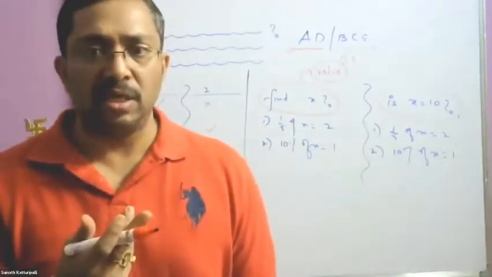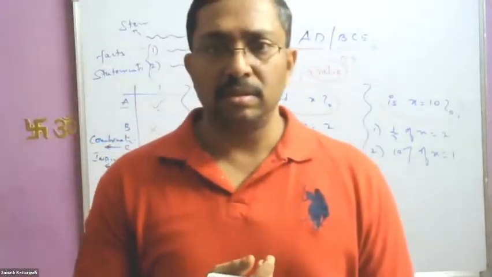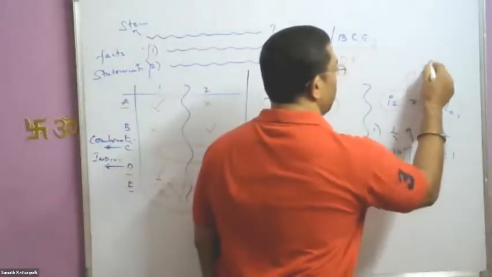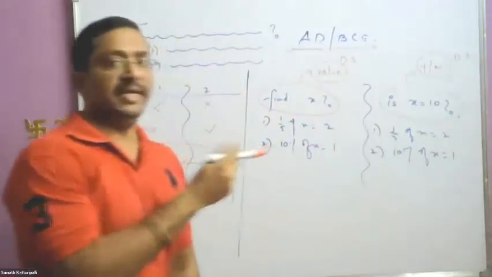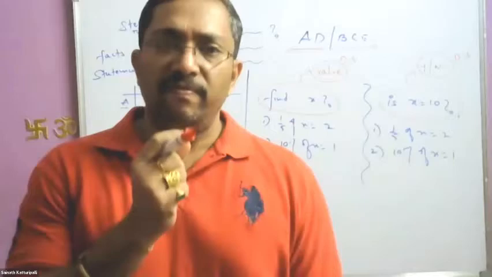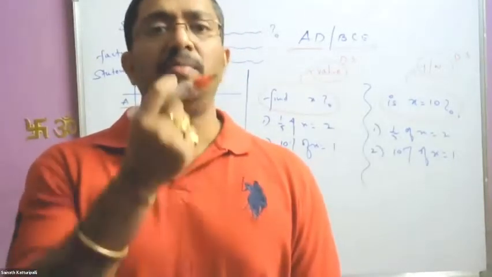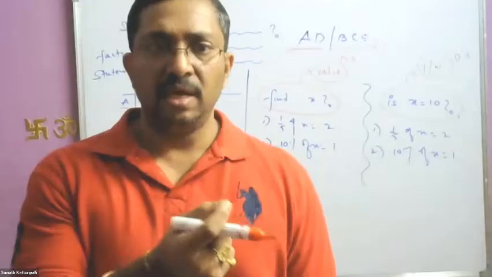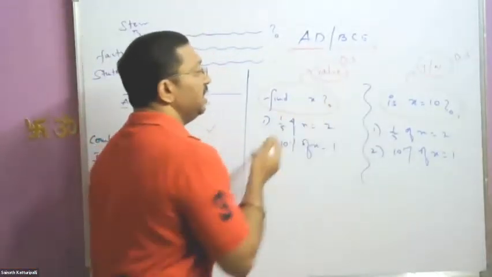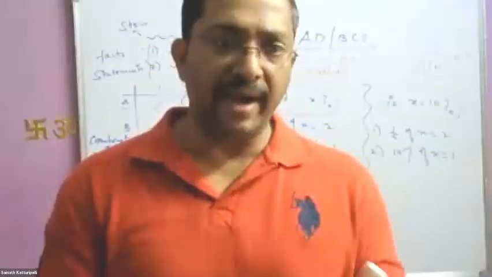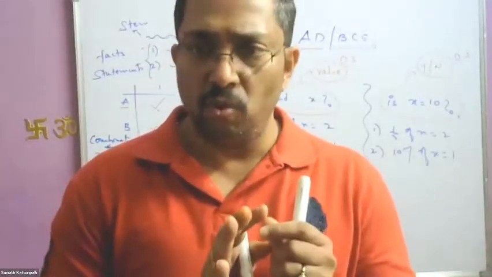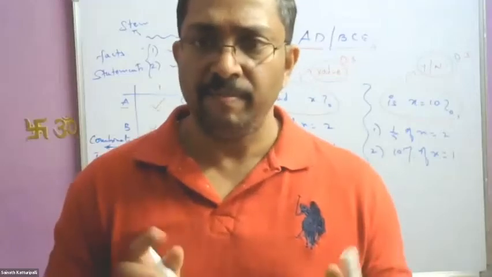So normally for such questions, you should end up with what answers? Yes or no? Absolutely. The answer to this question will always be in yes and no. So this is called yes-no data sufficiency. The reason it is named yes-no is because you answer his question in terms of yes or no. And when you answer in terms of a value, it's a value-based DS. Clear? Any doubts up till here? No, sir. The basic fundamental approach, AD/BCE, all that remains the same. There's no difference at all between these two questions. Clear now?